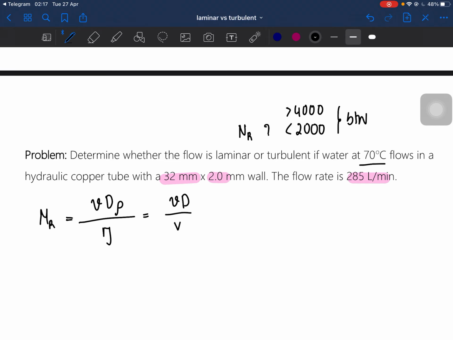So now, how do we find V here? Because this is the flow rate, which is Q. So in order to find V here, we need to use another formula. So now it's copper tube. We can find D equals to